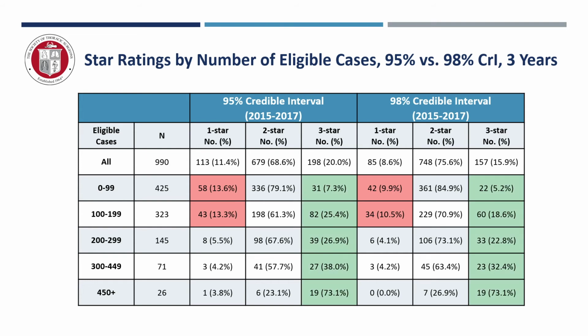The proportion of 3-star programs also increased when moving from 98% credible intervals to 95% credible intervals, but the changes were not as large as they were with single-year data samples, because in these analyses, the more important driver of outlier identification is sample size, in this case reflected by years of data. Notably, there is a monotonic increase in the proportion of 3-star programs as annual volume category increases in size. And by far, the highest proportion of 1-star programs was in the lowest 2 volume categories, all of which findings are consistent with a volume outcome association.